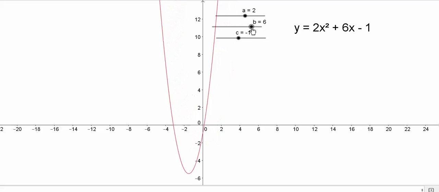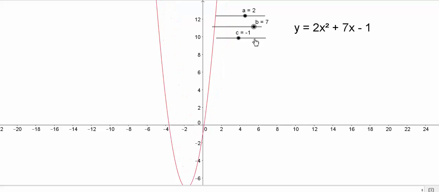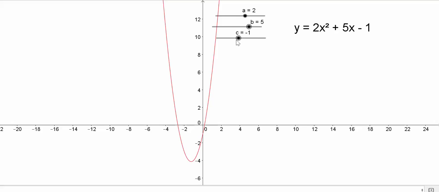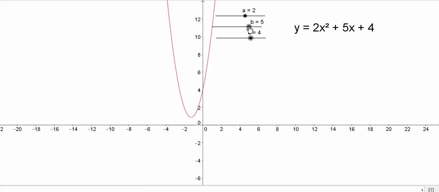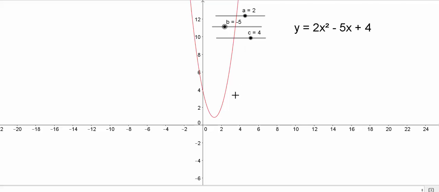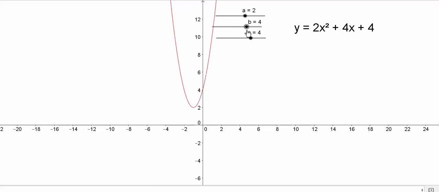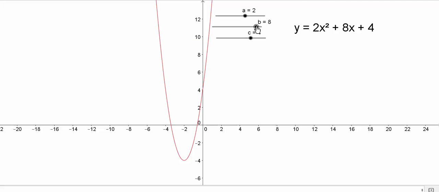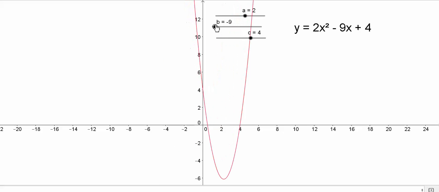Varying b just changes the position of the quadratic. In fact, a quadratic relative to the axes could be over here, and that's when it's in the first quadrant, in this quarter here, or it could be over here in the second quadrant, that is the minimum point in the second quadrant, or it could be over here, the minimum point in the third quadrant, or it could be over here, the minimum point in the fourth quadrant,